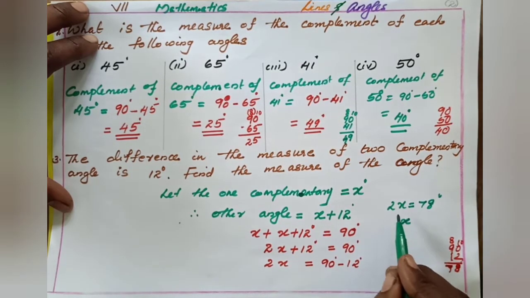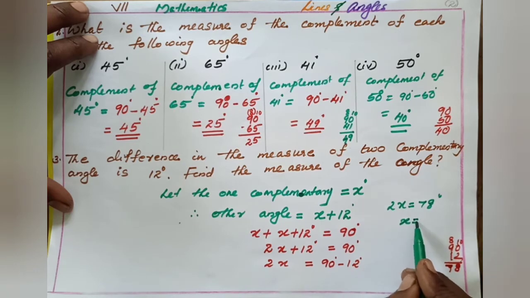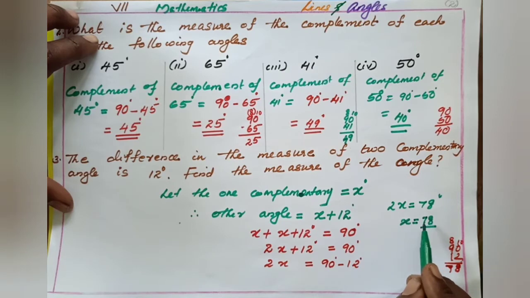So 2x equals 78. The 2 multiplied with x transposes to the right side as division. x equals 78 by 2. So how much degree do we get? We can cancel this: 2 into 7, 3 times. 2 threes are 6, 1 balance 18, 2 nines are 18, so 39 degree. x equals 39 degree.